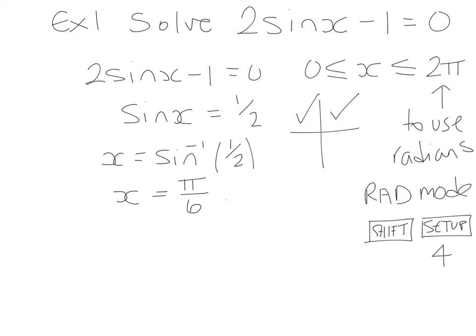Now for the second quadrant, we need to do pi minus pi over 6, just like 180 minus the angle if it was degrees. So it's pi minus pi over 6. So that's our two quadrants. Now we don't need to do anything to the first quadrant. Pi over 6 is an exact value, so we can leave it like that,